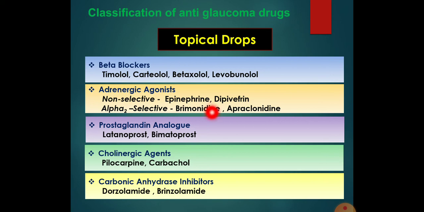Then the prostaglandin analogs, which I said are primarily acting by, and it's a first line drug. If you can afford, it's a first line drug, having effect on the trabecular outflow, increasing trabecular outflow as well as uveoscleral outflow. So both 90% and 10%, total 100% outflow is being increased by these kind of drugs. They lower intraocular tension without inducing ocular inflammation. That is the advantage of this group of drugs.